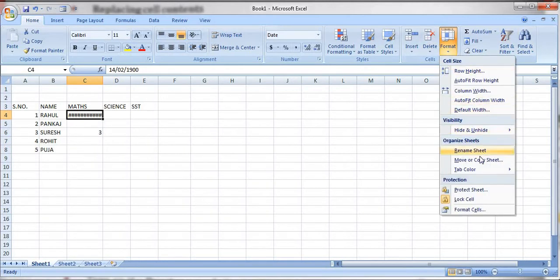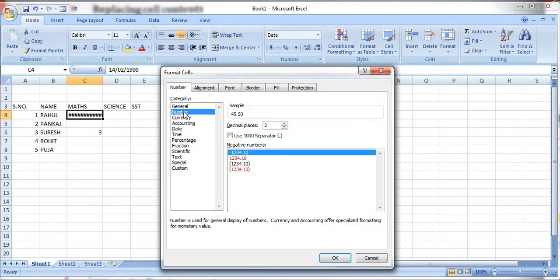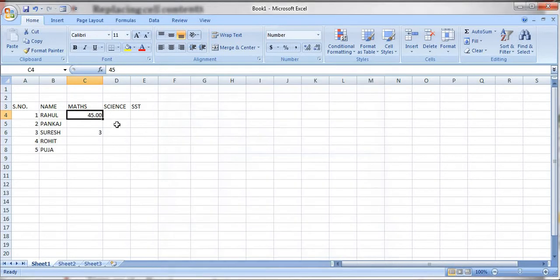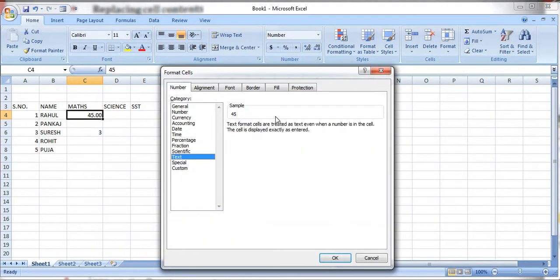I'll go to format cells, and from here date and time. In place of this I am activating number or text. I can click on text, or number. Let me click number. Again it is showing like this, so let me change to text only. See, so simple it is, right?